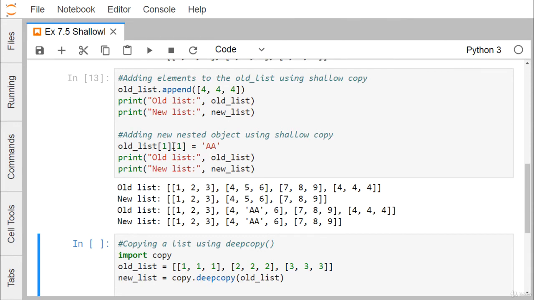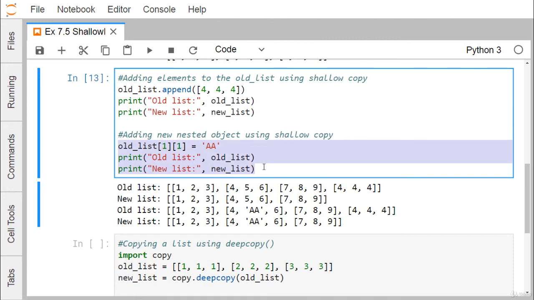We are just doing some update on this item number 11 with the value AA. So there is a 0 element, there is a 1 element. So 1 means this very element in the list. It is getting updated by this AA, and now in the new list I'm getting this particular value AA here. So now you can find how these values are getting updated.